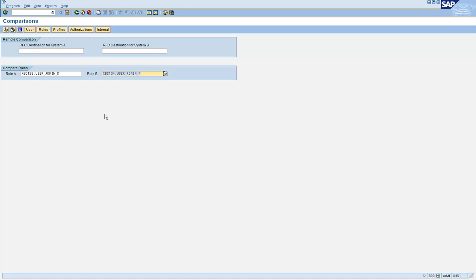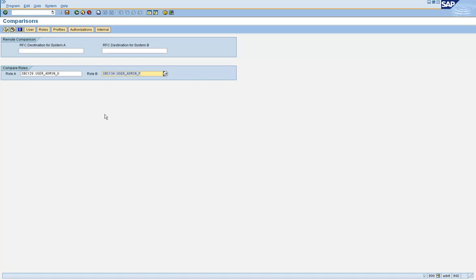Okay? Now when your transport goes to production, that transport also contains the change that was made by the first person, which has not been tested yet. So one problem is untested authorizations have gone into production now. That's one problem.